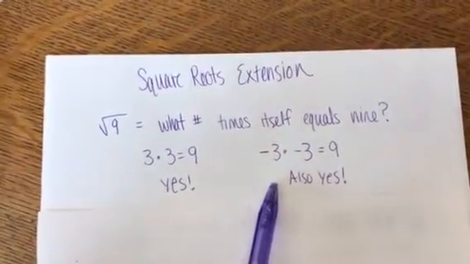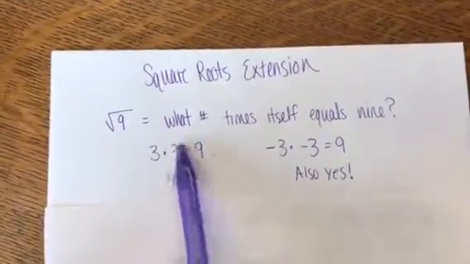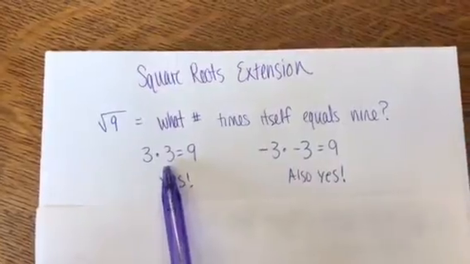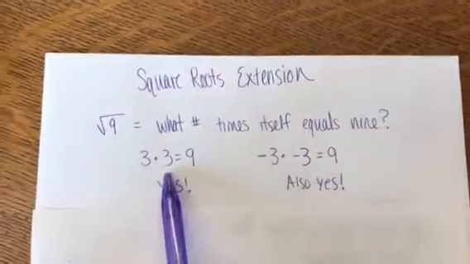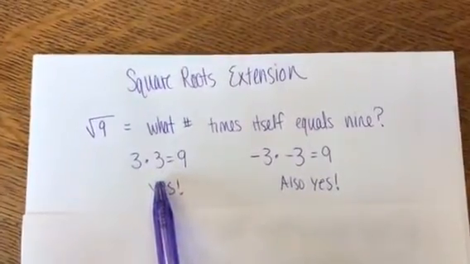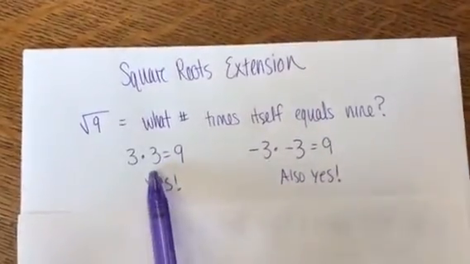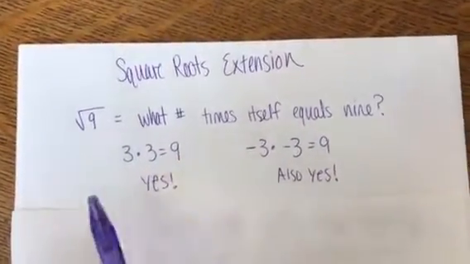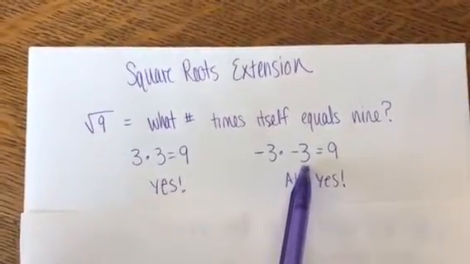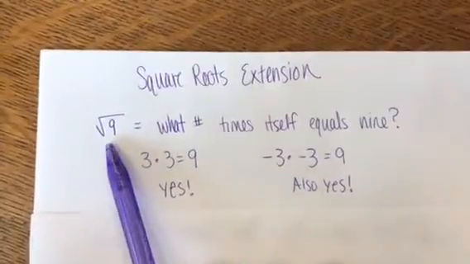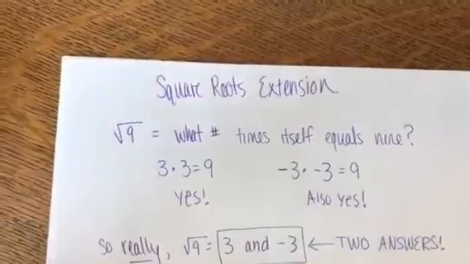So sometimes in real life situations, we only concern ourselves with the positive answer because if we're measuring distance or building something, we have to measure area in our yard or, I don't know, wood to build a tree house or something. We have only positive numbers that we're dealing with, but really mathematically, negative 3 times negative 3 equals 9 as well, so that could be an answer to this problem if you weren't given a real world context. So you would write that,